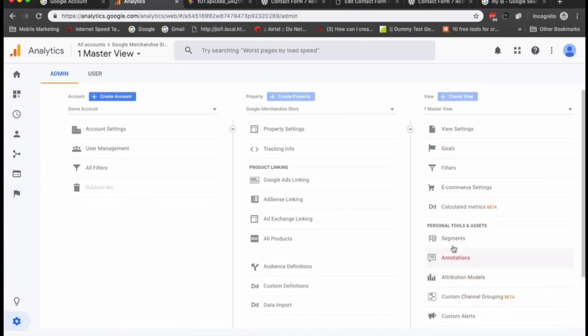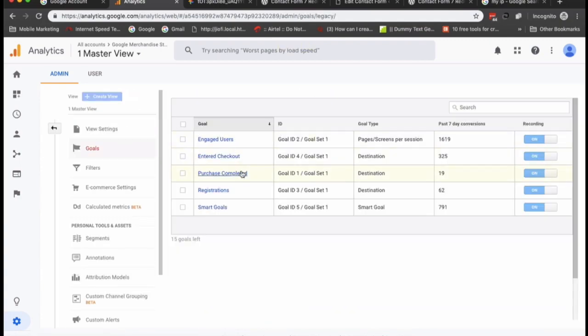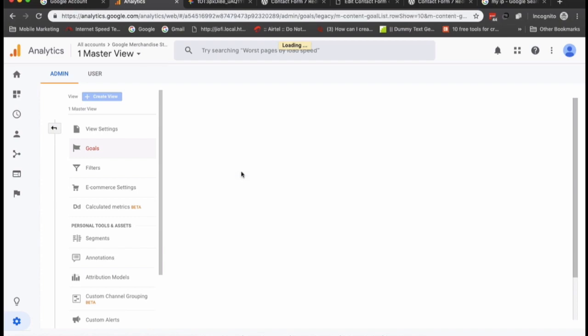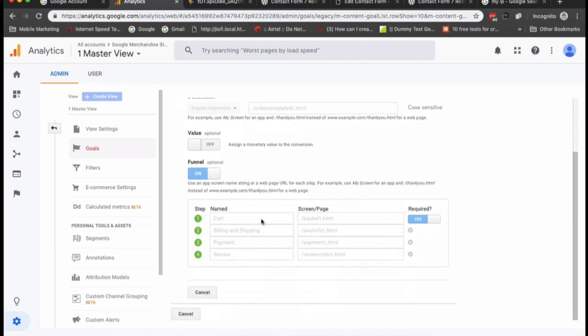The demo account may not allow me to set it, okay, so I'm able to set it up. So I'll just show you how the funnel looks. So here you can see, once you enable the funnel, you have to add the stages of the funnel. That is, the first stage is cart, next is billing and shipping, third is payment, fourth is review before payment.